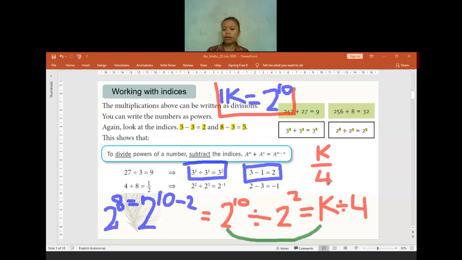Right? Is there anyone still having any difficulty? For the answer, you can keep it as k divided by 4, or you can write it as k by 4. It's okay, either way is fine. Is there anyone having difficulties or still confused? Okay, which part is making you confused? How to get 4? Okay, how to get 4? 2 to the power of 2 is equal to how many? Is it equal to 4, or 8, or any other number? It equals 4, right? That's why I got 4 at that place.